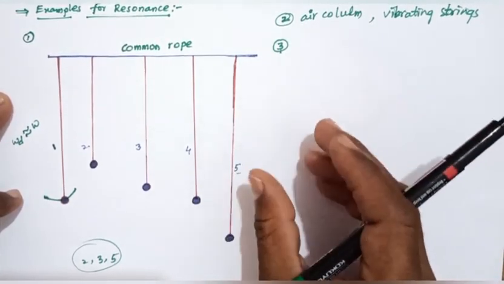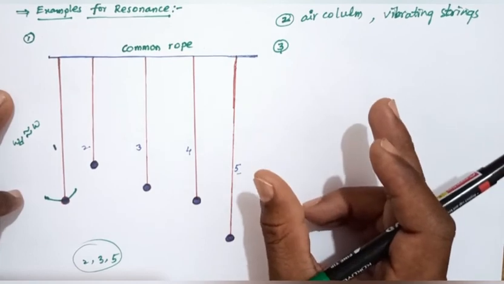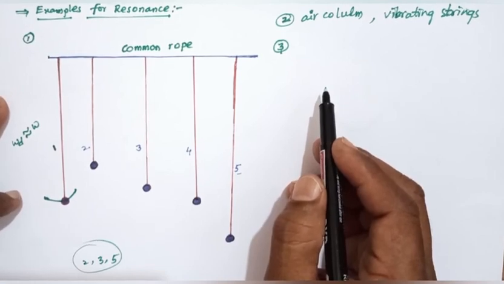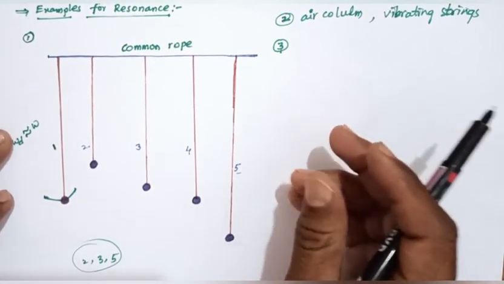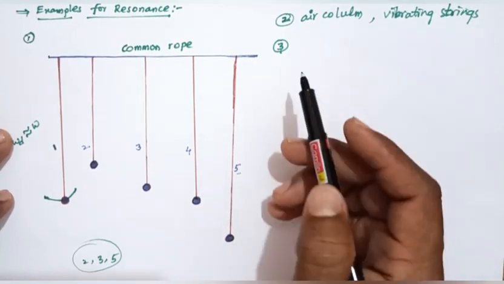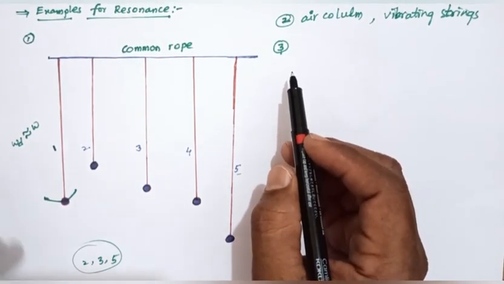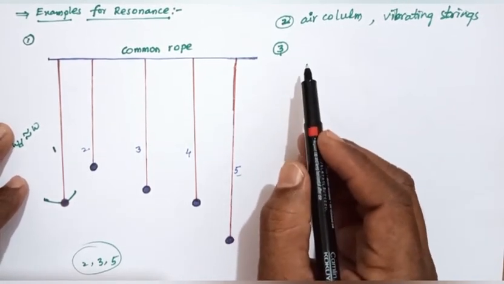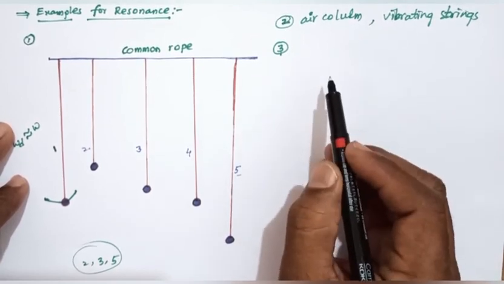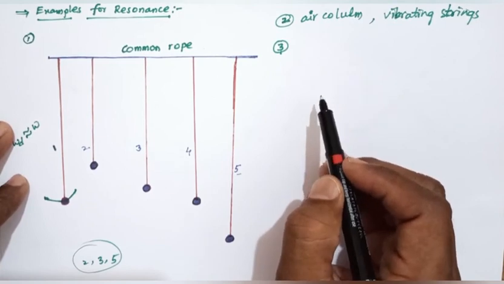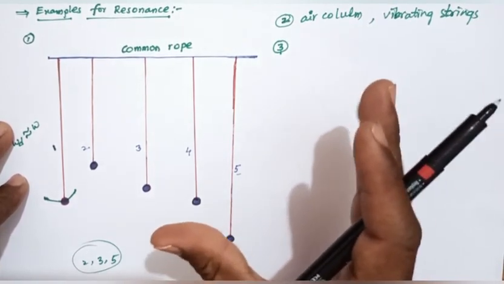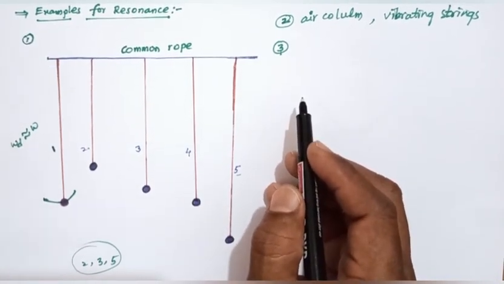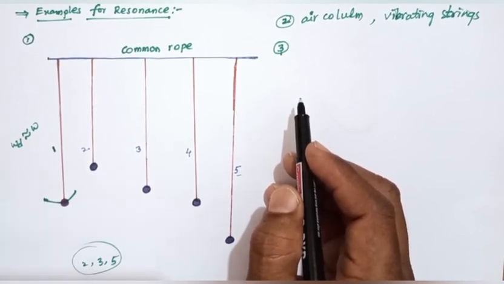Different bridges and buildings have different natural frequencies. At earthquake time, the waves produced from the earth have a particular driven frequency. If the driven frequency is approximately equal to the building's natural frequency, then according to resonance, it oscillates with maximum amplitude, so it can be damaged very badly.